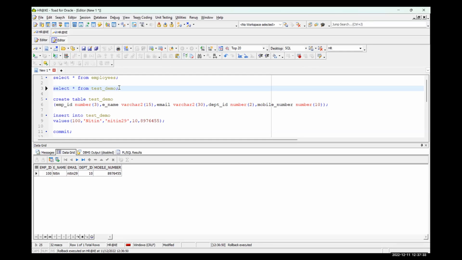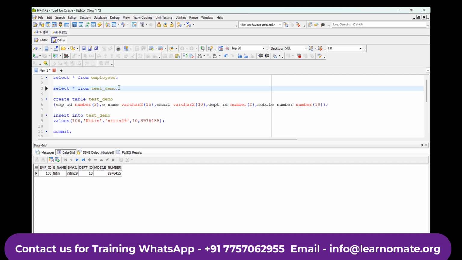Sometimes what happens is you enter the amount to withdraw, and at a later point in time some error occurs and the amount is debited, but you don't get the cash. But after one hour or after a few minutes, you again receive a message stating that the amount debited from your account has been recredited to your account. So what is that? There was some error or maybe a technical glitch due to which your transaction couldn't complete at that point in time. But later that transaction got cancelled, that transaction got undone. The system rolled back the transaction.